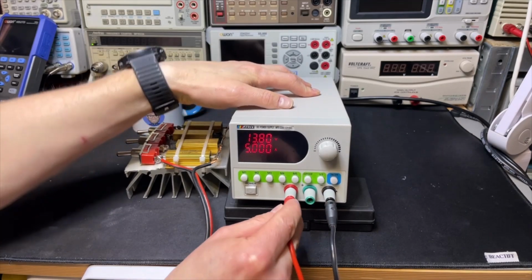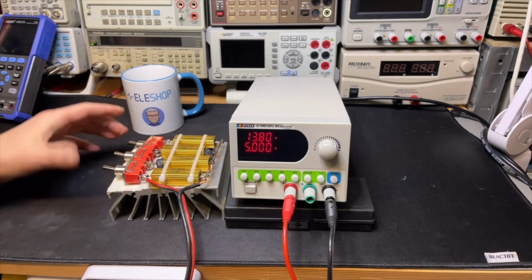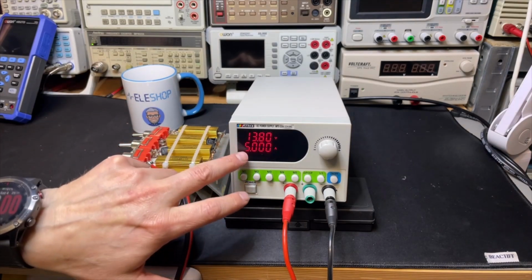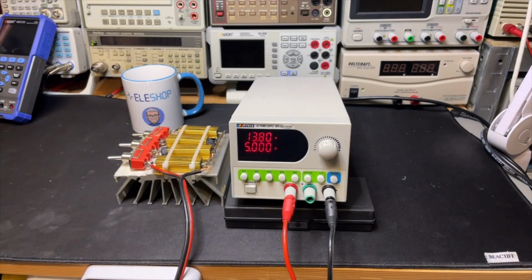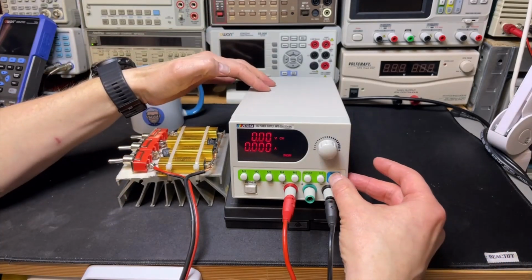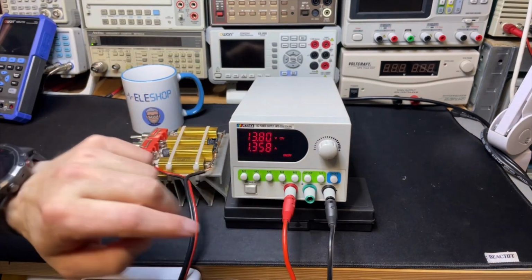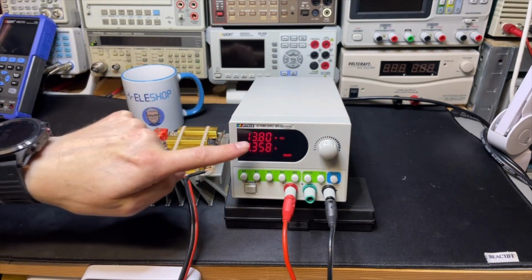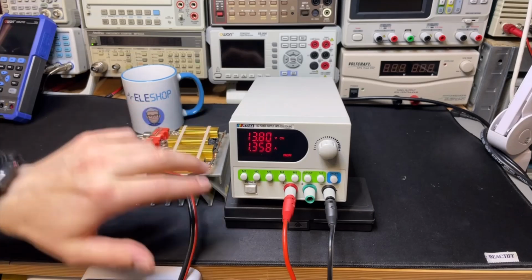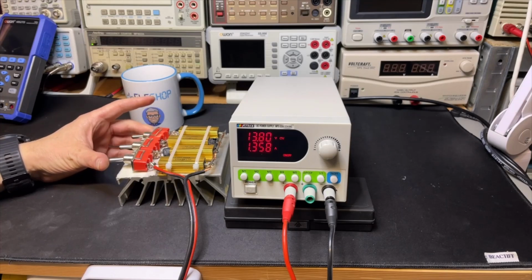Well, I'm connecting my load. It is just a resistor load, and I can switch the resistance to get the load higher. It is just at 13.8 volt and 5 amps maximum, and if we switch on the outputs, then we should connect to the load. So okay, with the current resistance you can see it's in constant voltage mode because we set it to 13.8, so it's trying to keep it at 13.8, and currently we're putting 1.358 amps through the resistors, and well, I can lower the resistance,